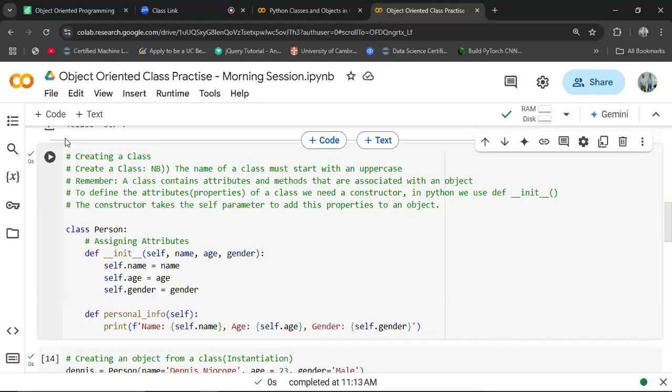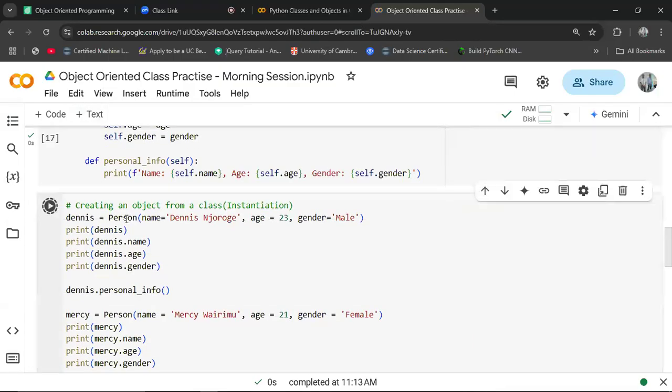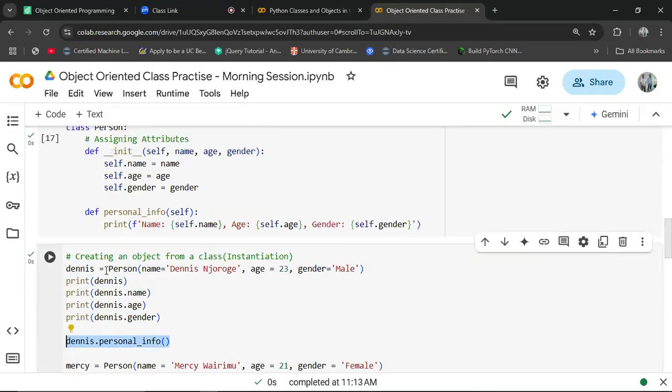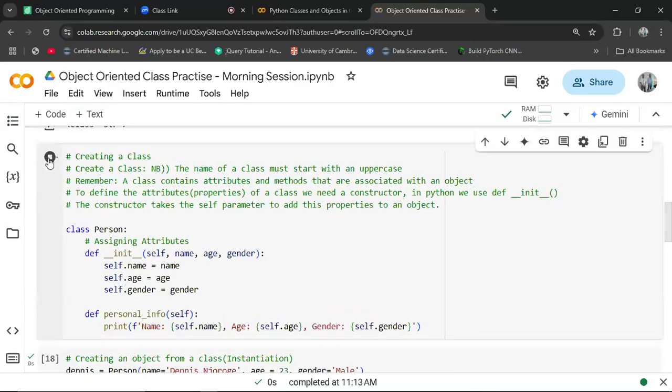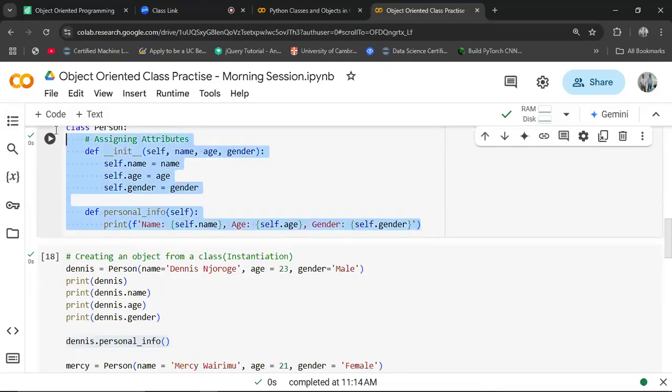Your code is okay. Make sure that you run the class first. If you don't run the class, then this one might give you an error. So for you to get these objects that you're building here with their properties and their methods, you first need to get the blueprint, the class. This is actually the class. We need this class